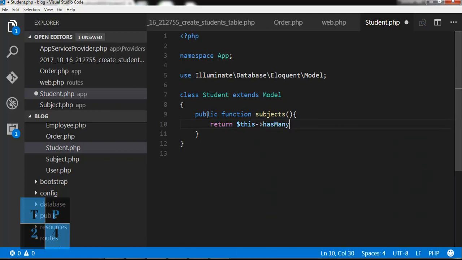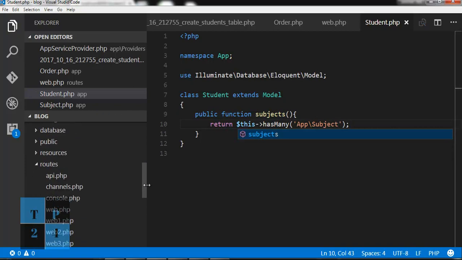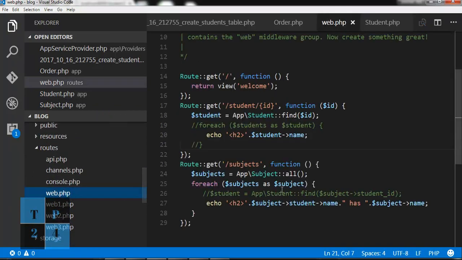This is obviously a Laravel function. That means this student has many records in the subject table, and like before I need to give the model name subject. Okay, and I'm going to the route file, and here